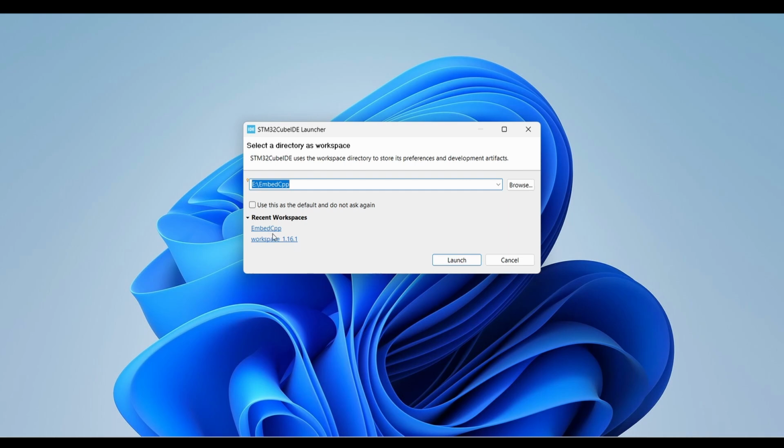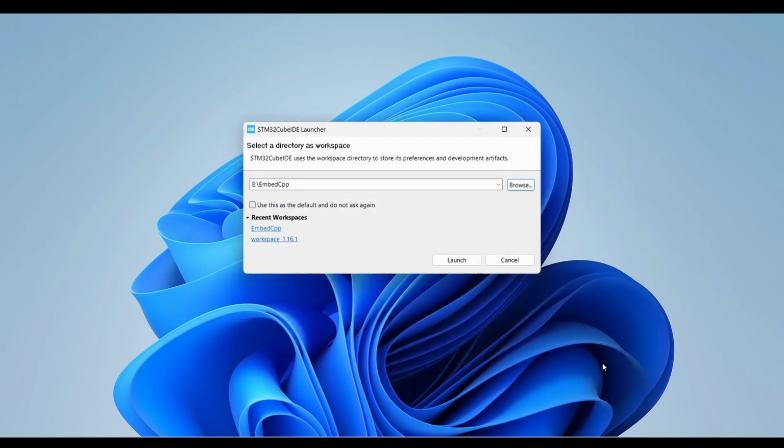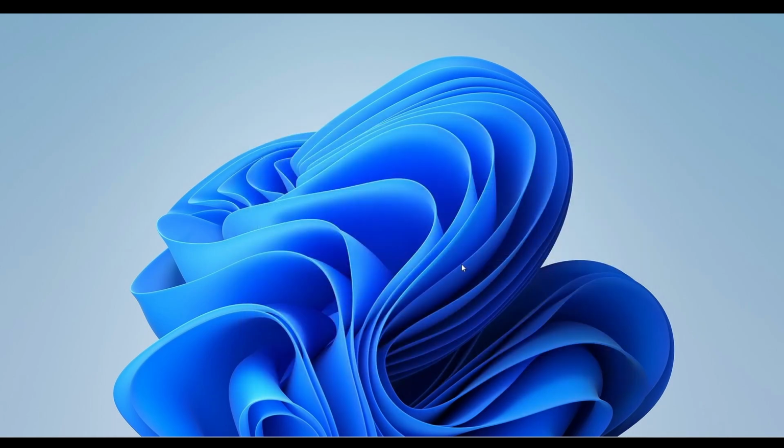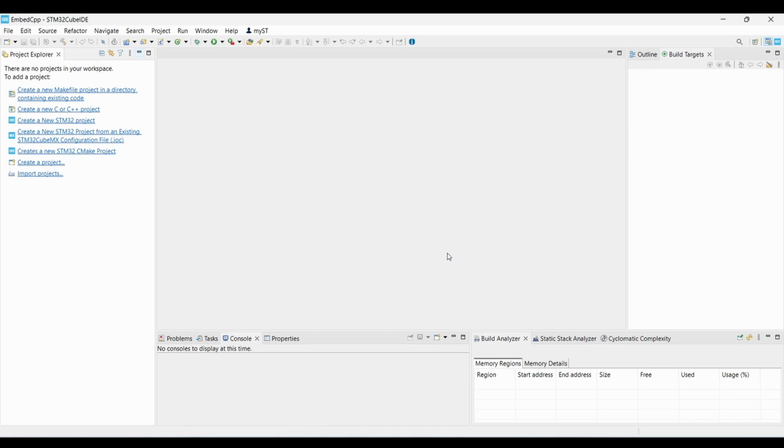Here you can see all the recent workspaces that you have worked on. You can browse here and select the path of your workspace. Then we can click on launch and it will launch the STM32CubeIDE. This is the perspective window, that is the Explorer. Here we can see the Explorer, and here we can see the different menus and options